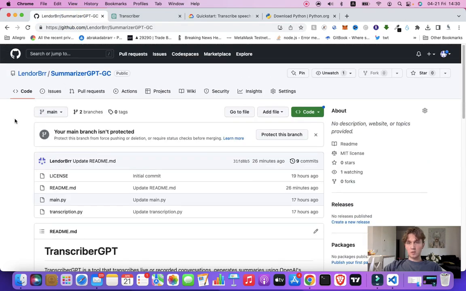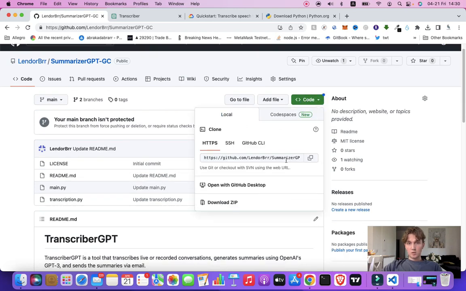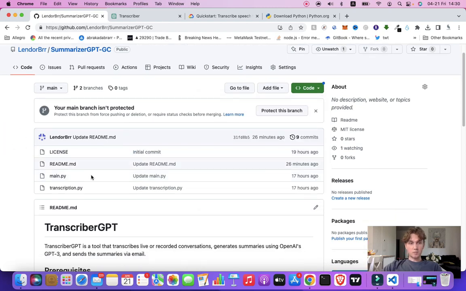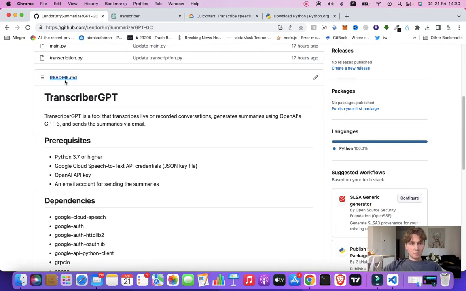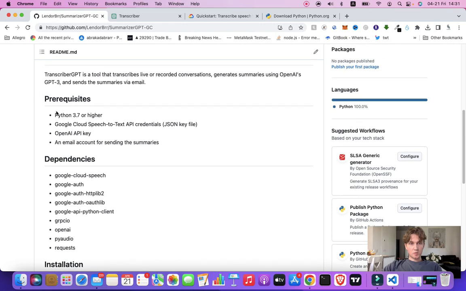the GitHub repository, so you can just clone it to your PC or Mac and just run it. So basically you will use this. I added a README file, so you will have every instruction. So you will need